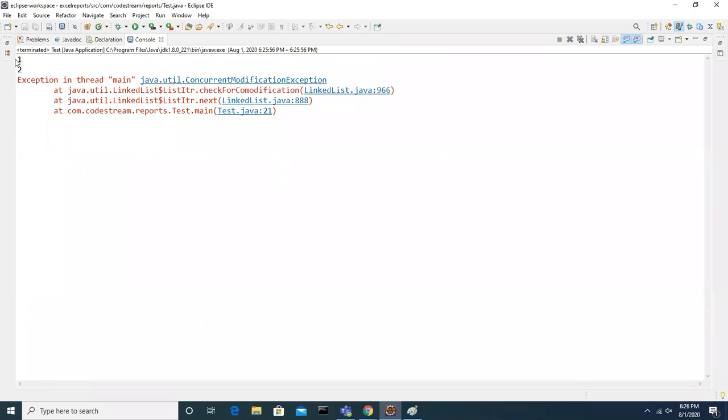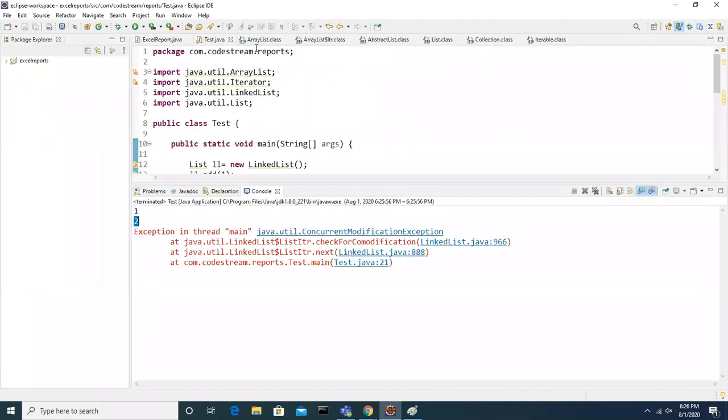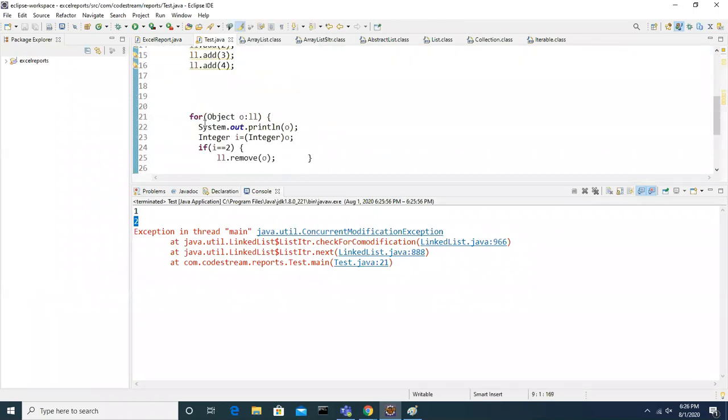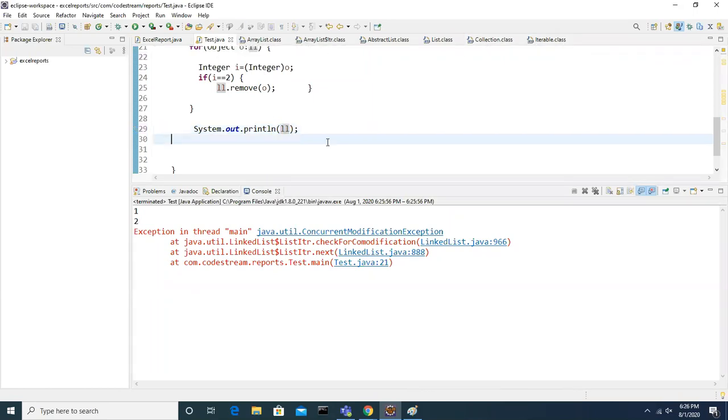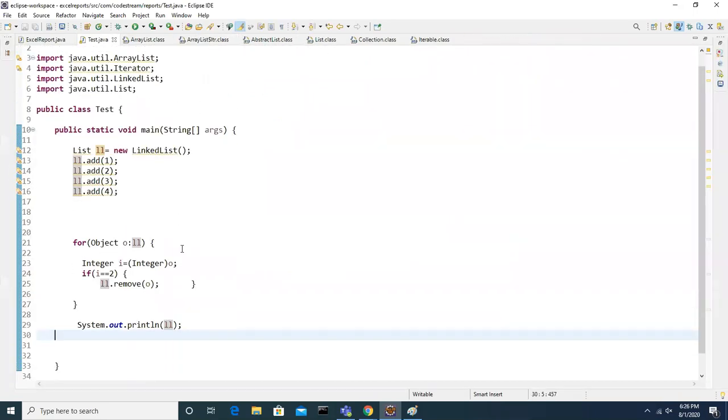Yes, sir. First it is displaying 1 and 2. The reason is we kept the System.out.println at the start of the for loop, so it displays, and then the condition is checked. That is why we are getting 1 and 2. When the exception occurs while removing, the same concurrent modification exception comes. You guys understood, right? You cannot use the for loop or for each loop while modifying, meaning adding or removing from the list you are iterating, otherwise we will face the concurrent modification exception.